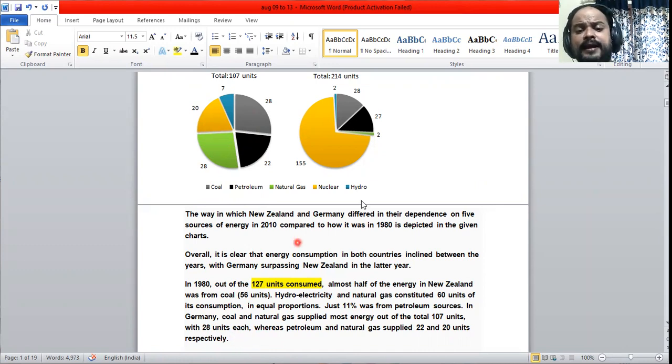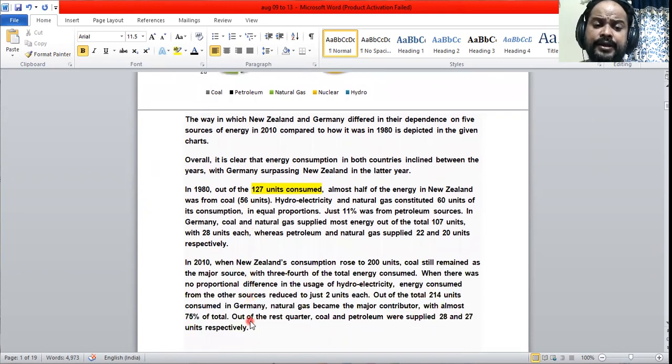I have not said anything about the hydroelectric energy, because it's understood that if this is the portion, the rest is from water, that is from hydroelectric. So I don't need to say it in particular. Insignificant things should be excluded. So I have not said the rest, or only 7% is from this. So I have left it. Now, in 2010,